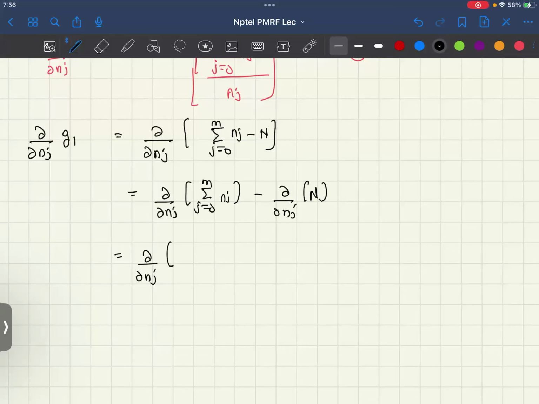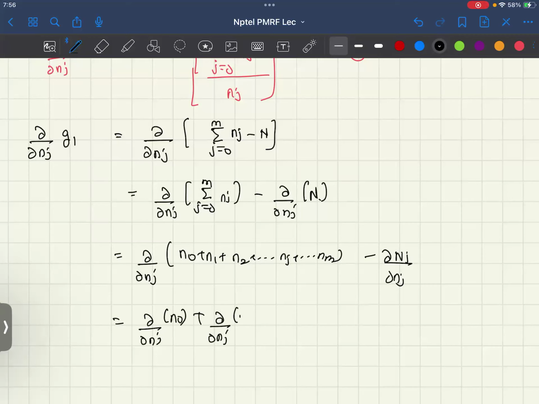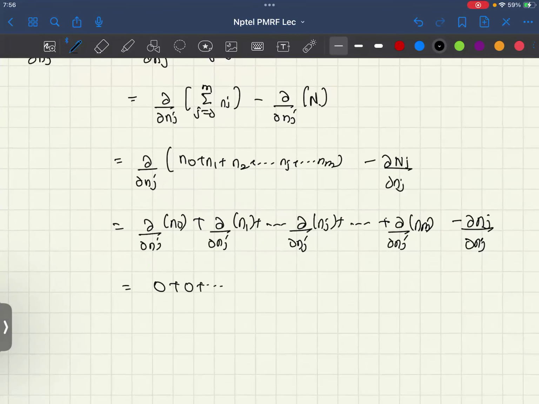Simplifying, writing the terms, we get n0 plus n1 plus n2 plus up to nj plus up to nm, minus ∂N/∂nj, is nothing but ∂/∂nj of n0 plus ∂/∂nj of n1 plus ∂/∂nj of nj plus ∂/∂nj of nm, minus ∂N/∂nj, which is equal to 0 plus 0 plus 1 plus 0 minus ∂N/∂nj, which is equal to 1 minus,